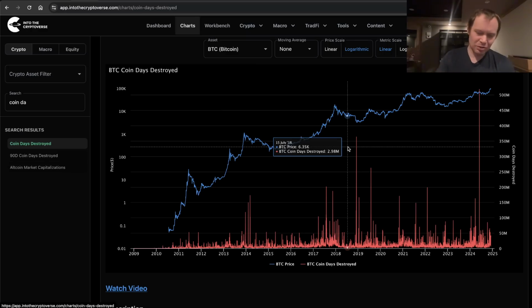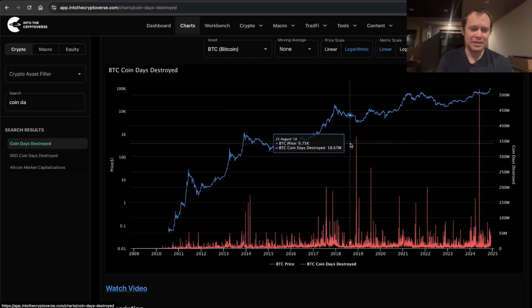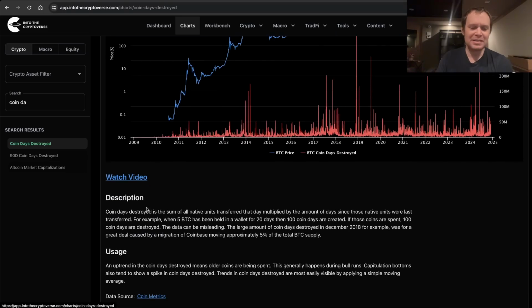So coin days destroyed in and of itself is an interesting indicator, but it's defined as the sum of all native units transferred that day multiplied by the number of days since those native units were last transferred. So, for instance, if you have 5 Bitcoin in a wallet for 20 days, then 100 coin days are created. When those coins are spent, then you have 100 coin days destroyed. So, remember,